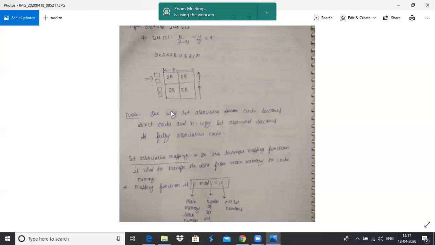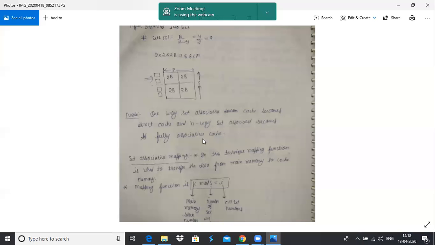That is similar to the direct cache, because the direct cache contains all the lines of the cache memory, and each line contains the word number of the given block.